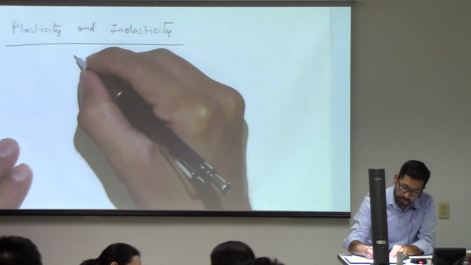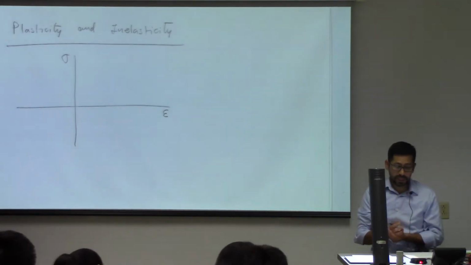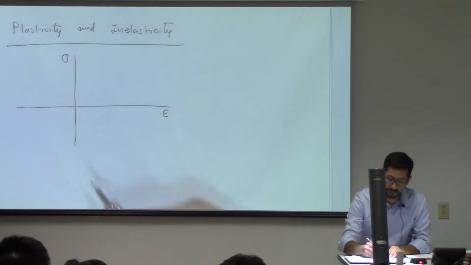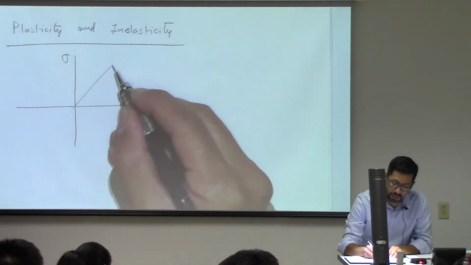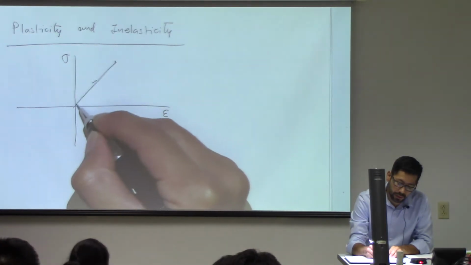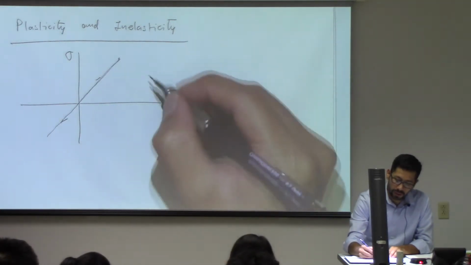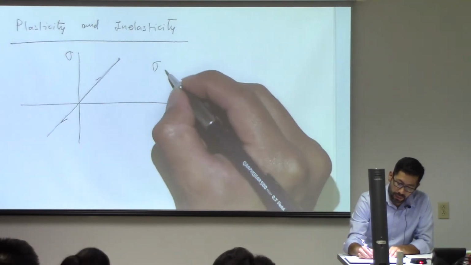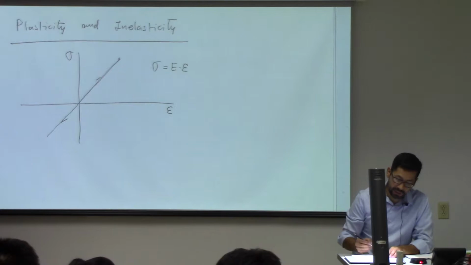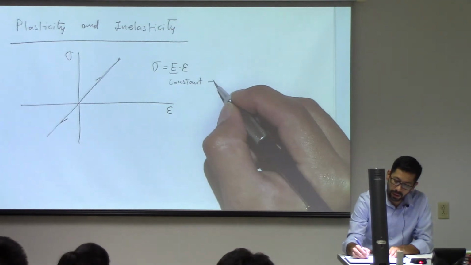So far, we have been dealing with systems in which, when we said that we were doing linear elasticity, stress was proportional to strain. You could load a material and unload a material, and it will follow the same path. If we have a linear relationship, then let's say we use Young modulus as the proportionality coefficient. If this one is constant,